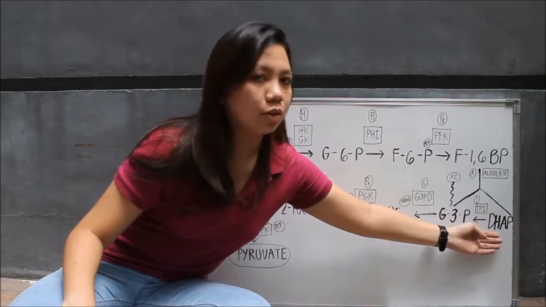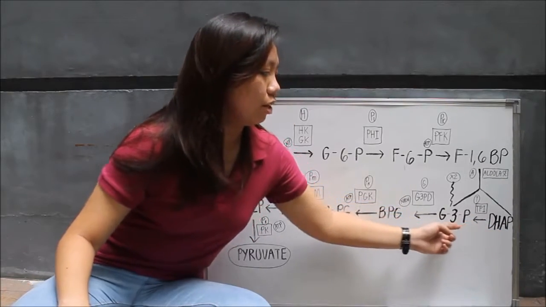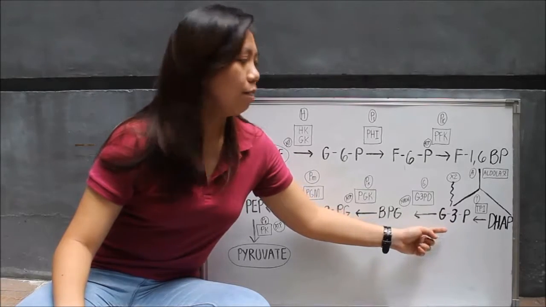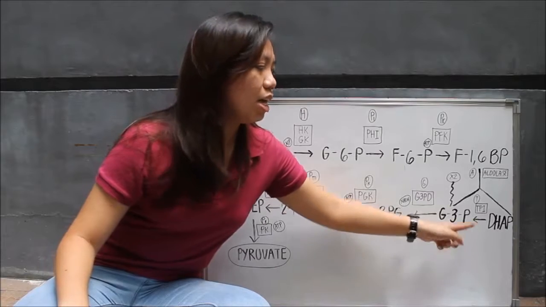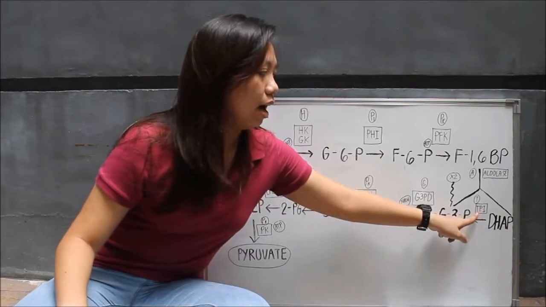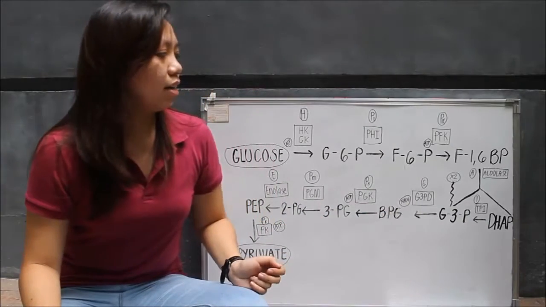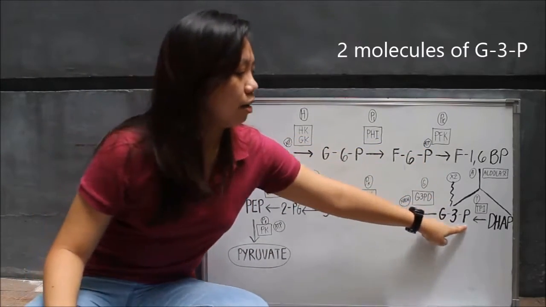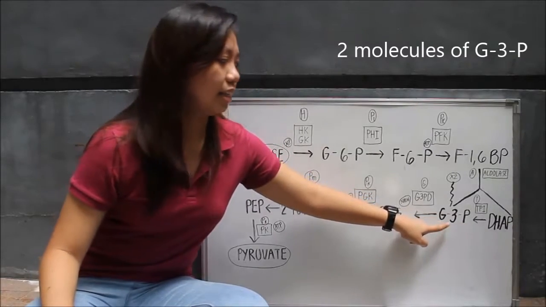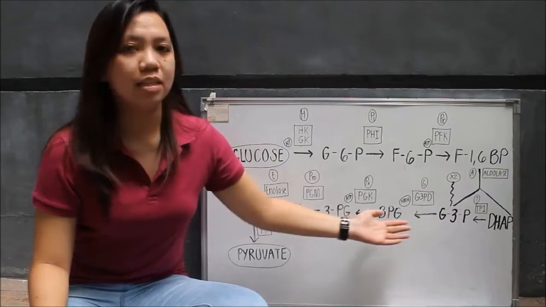This first molecule, dihydroxyacetone phosphate, will then be converted into another molecule of glyceraldehyde 3-phosphate using the enzyme triose phosphate isomerase. And then we have now 2 molecules of glyceraldehyde 3-phosphate, in which the succeeding process will